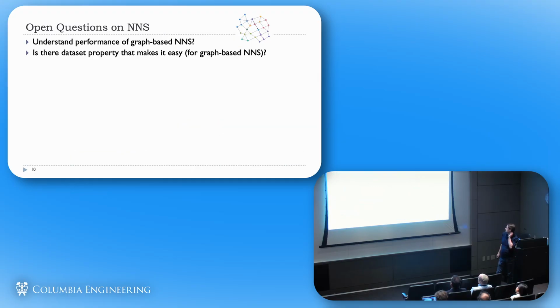So the open question here is, basically, can we understand the performance of these graph-based algorithms? Is there a different property of a data set that maybe arises from these deep embeddings that allows these graph-based algorithms to work very well? This is more of a practice-inspired question, and maybe a little bit less formally stated. But I did want to mention also a problem which is more on the theoretical side, and I can't state it formally exactly. This is the question of designing nearest neighbor search for distances which are not Euclidean.